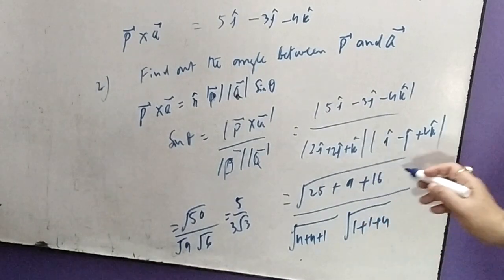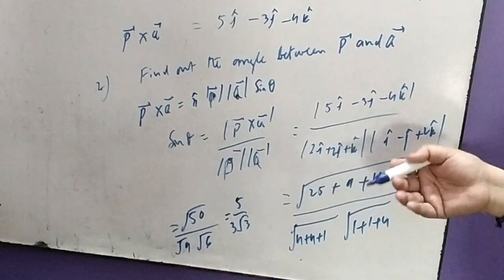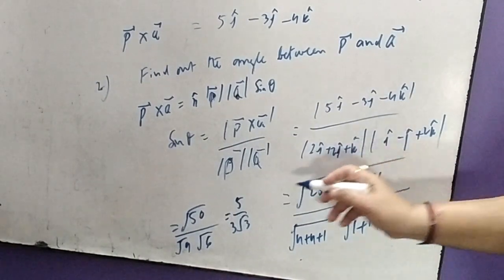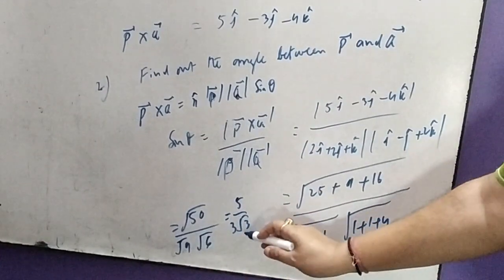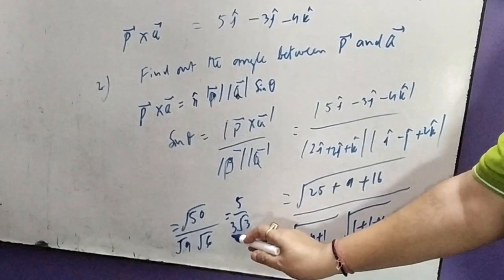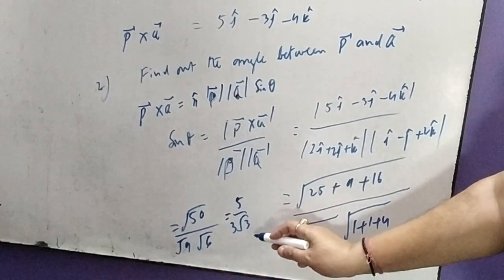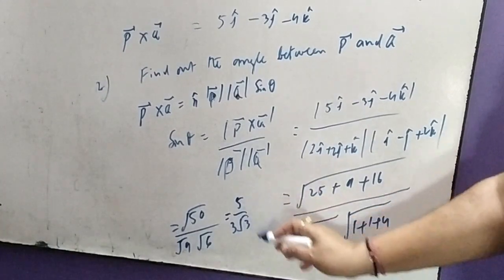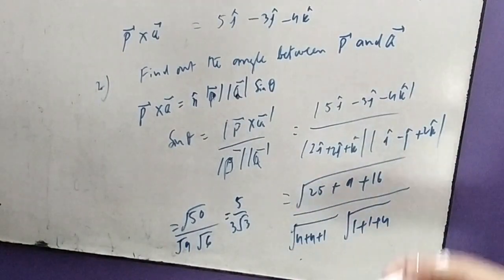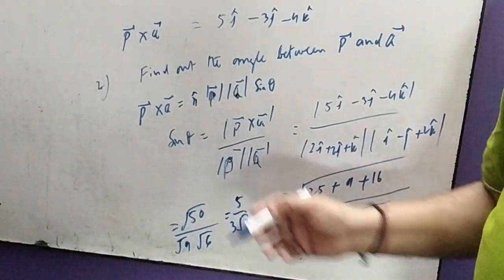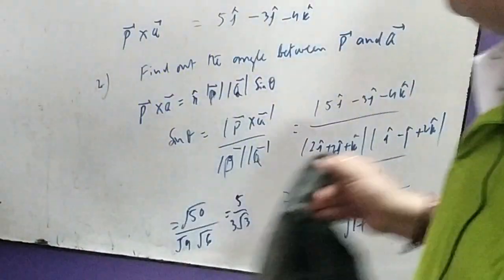I am just repeating. 25 plus 25 means 50. 50 means 25 into 2. 25 is the whole square of 5. While taken out, under root 2 and this under root 2 cancel out, we are left with just root 3 here, and here also just 3. Why? Because under root 9 means 3. That is 3 root 3 is there in the denominator. In the numerator we have just 5 root 3. That means sin theta is given by this, or theta will be sin inverse of this thing. Okay. In that way we can find out the angle between the two.